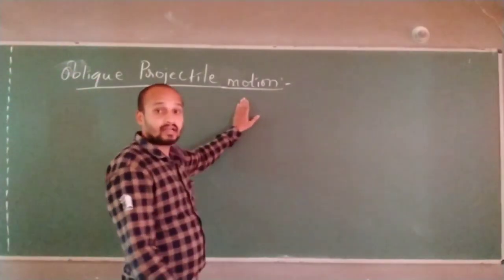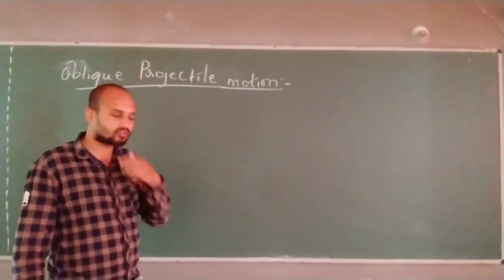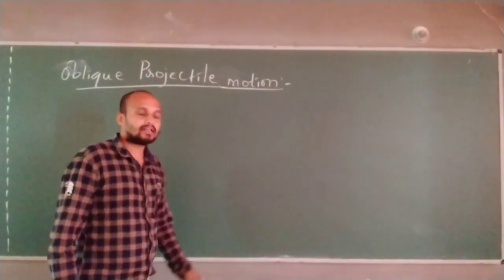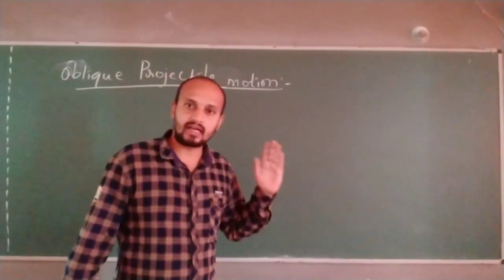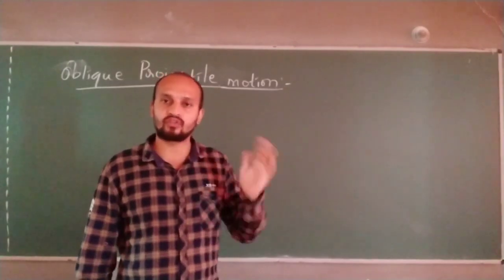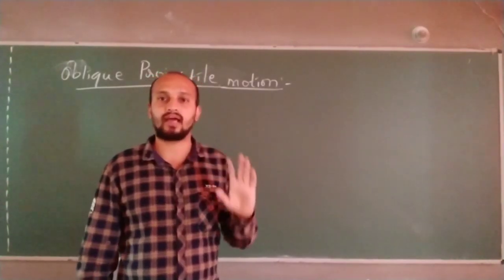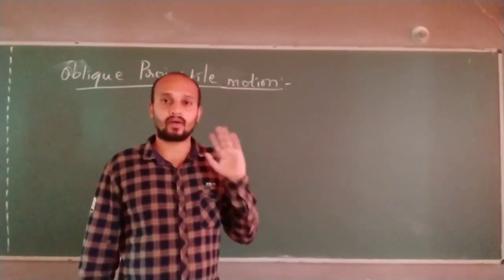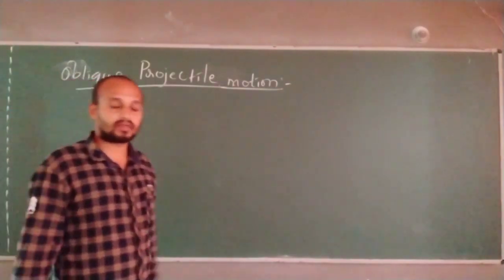We shall continue to learn about oblique projectile motion as we discussed in the last class. In the last class, I showed you how to analyze the projectile motion into its individual components. By taking individual components, you can find the position of a particle, or a point of a projectile motion of a body. Right enough? So now we shall try to learn some more terms.